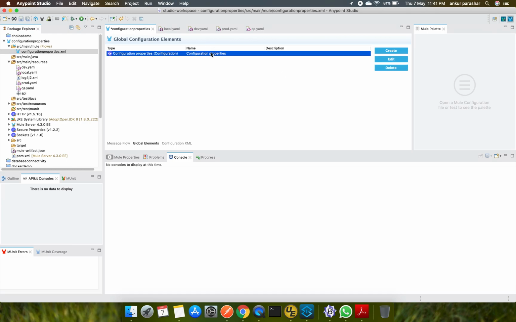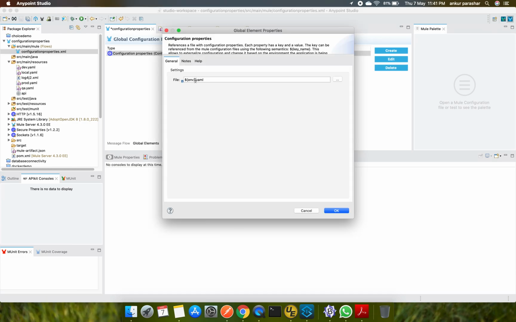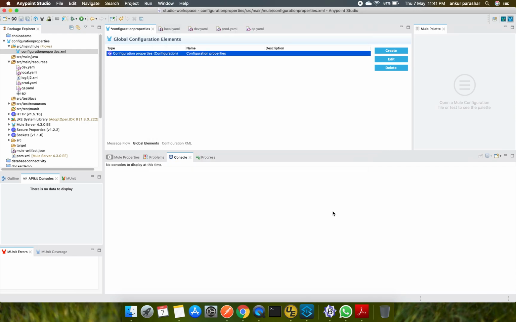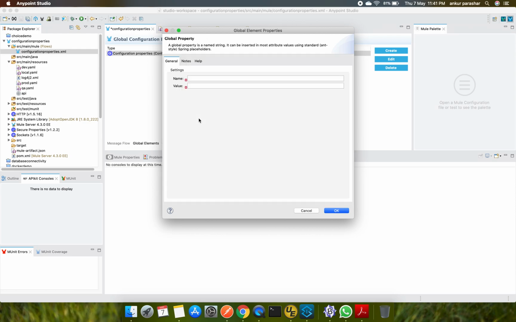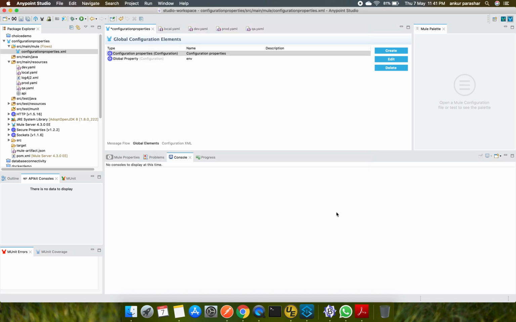So you have just noticed it, like I have mentioned env.yaml, but env is a global property, so we need to create a global property. We'll click on create and we'll search for global property. Click on OK. I will name this as env, and the value could be local. This is for the time being. I will click on OK. I will save the project now,